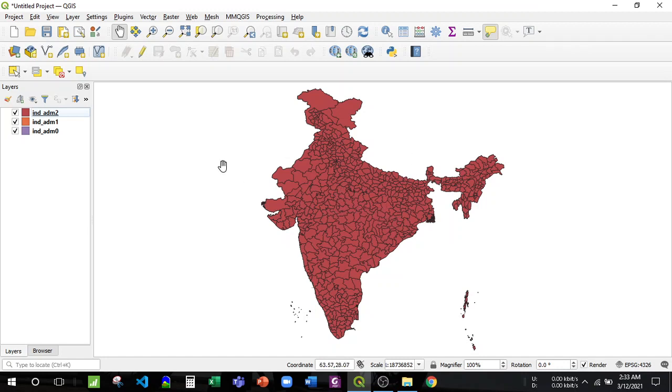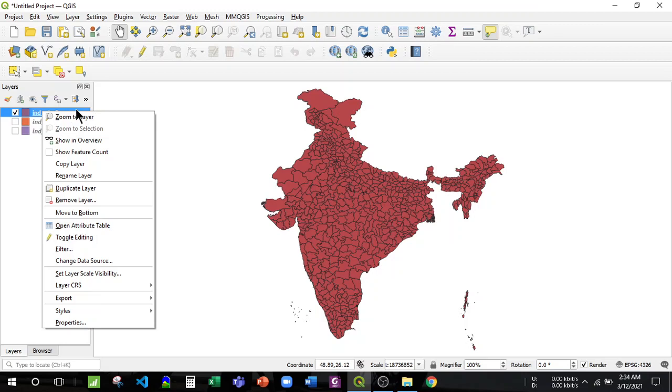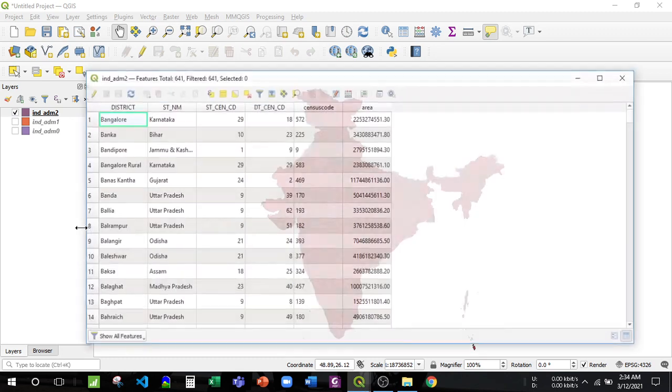What will I do? I will right click over here, and I will find an option called Open Attribute Table. What does it show? It shows the data contained in this shapefile map. So I'll click over here.